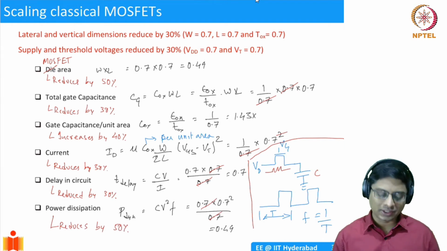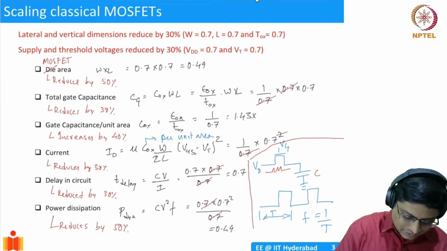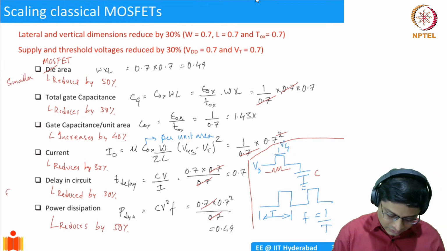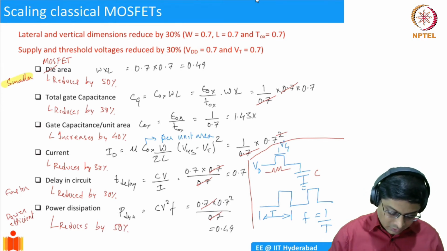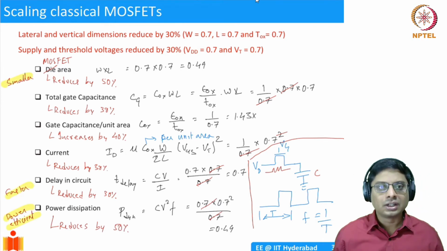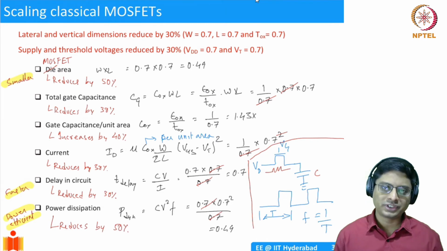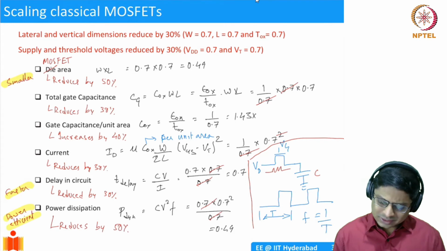Okay. So what happened because of scaling? When you shrink the sizes of MOSFETs, you are first of all making the MOSFET smaller, right? You are making it faster, and you're also making it power efficient. Right? So these are very, very good properties to have. Okay. So digital circuit has become much more efficient. And this is the basic reason why the scaling process is adopted. Okay. So this was as simple as that.